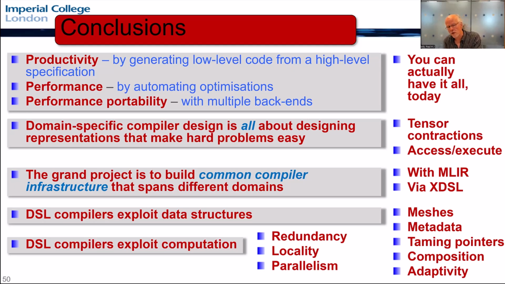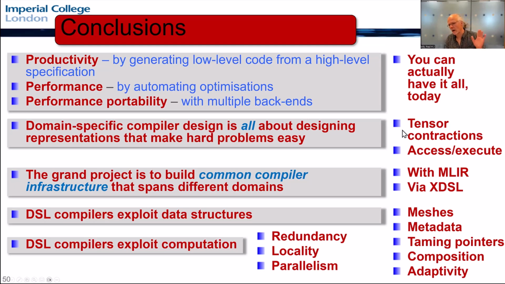You can have it today for your problem if you're prepared to commit to building code generation tools for your specific class of problems. And in doing this, I think one of the big lessons for me, and the heart of it actually, is that example I mentioned to you earlier on, of taking all that code that was working on the loop trees to do clever domain-specific optimizations, and realizing that we could lift that into the tensor contraction representation and just do it by a factorization. And then the rest of the toolchain is simple. That kind of thing is, for me, the definition of winning. It's when the right representation makes this messy problem into an easy one.